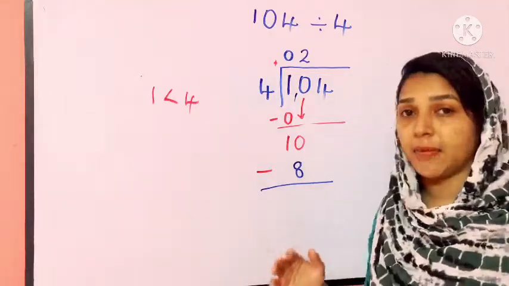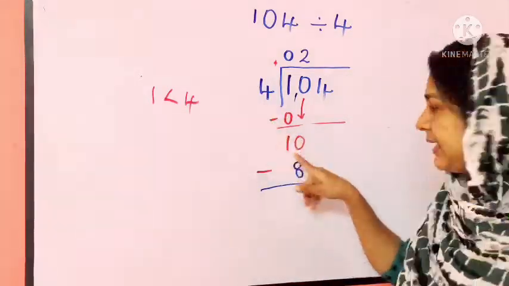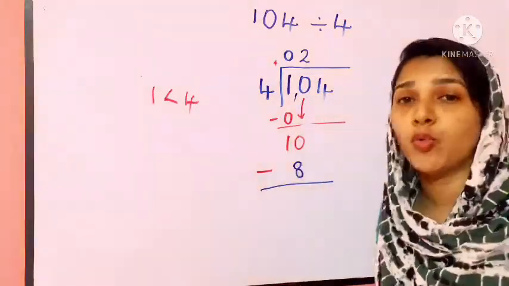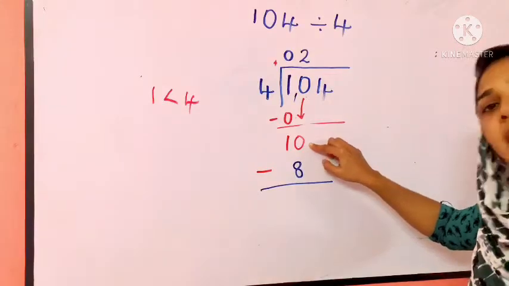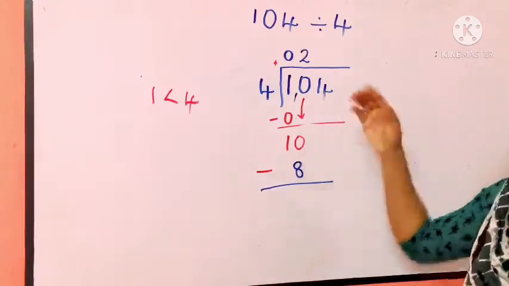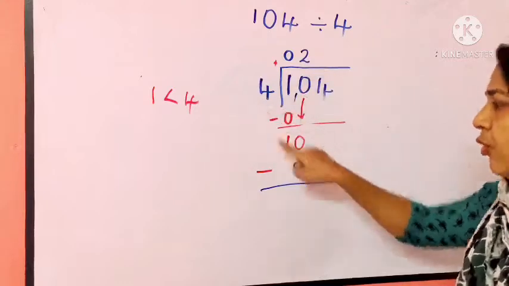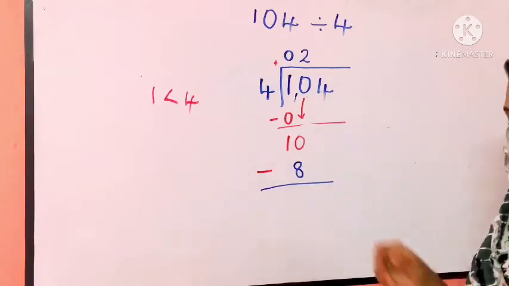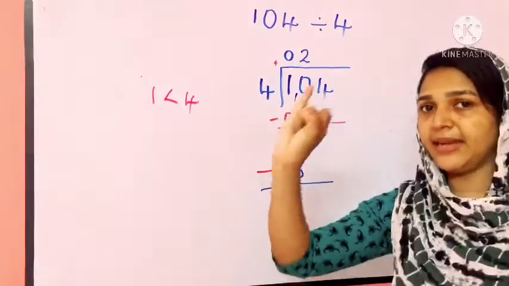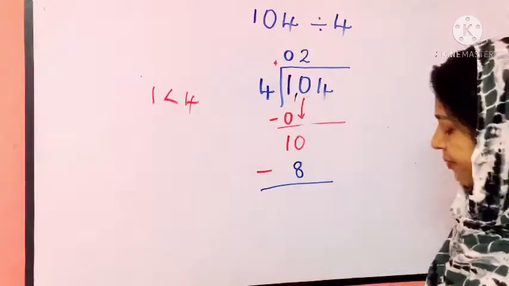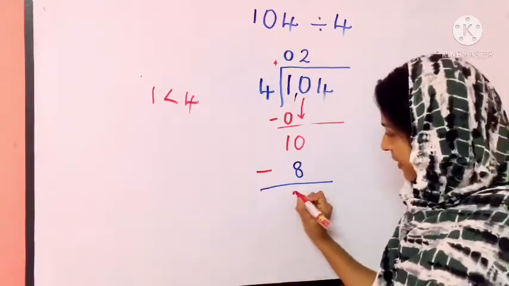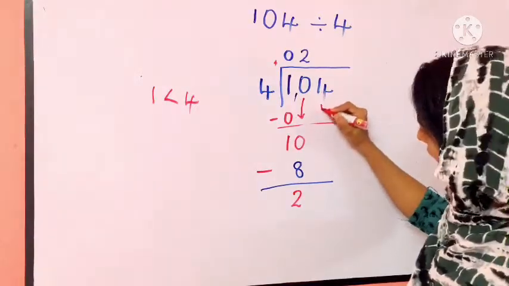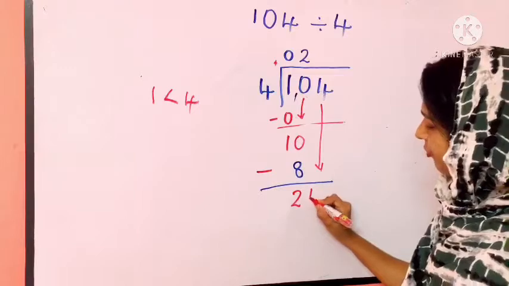While reciting the table of 4, we will not get 10 as the answer, because 1 4s are 4, 2 4s are 8, 3 4s are 12. We have no 12 here. We have only 10. So we should take the lesser number, that is 2 4s are 8. Now deduct 8 from 10. After 8, 9, 10. So we should write 2 here. Now take the third digit down, that is 4 downward.